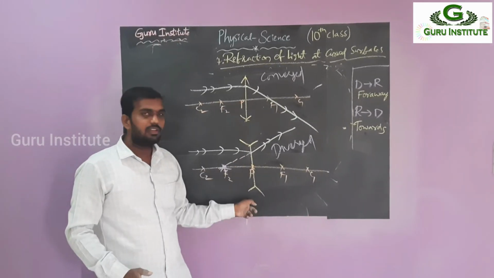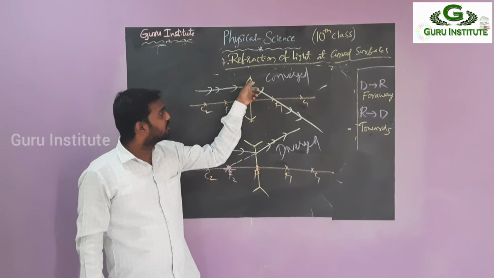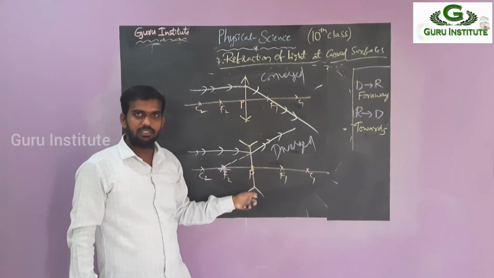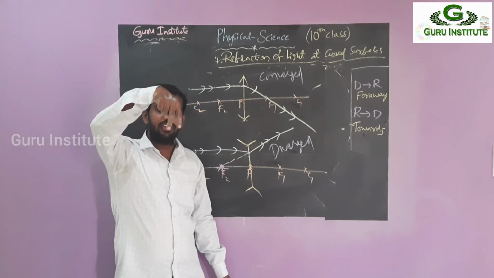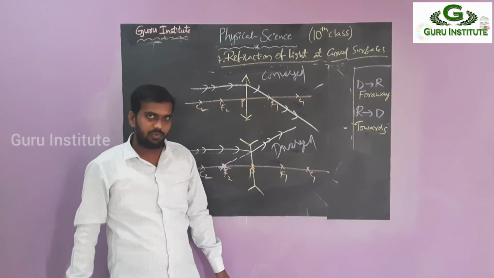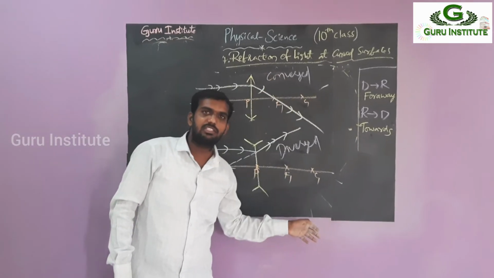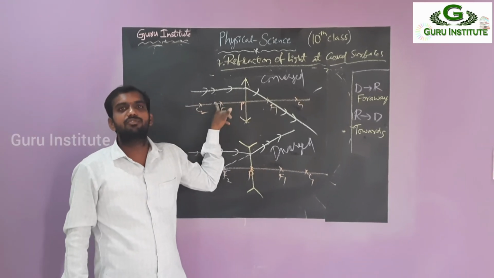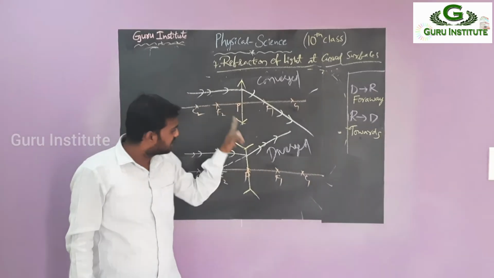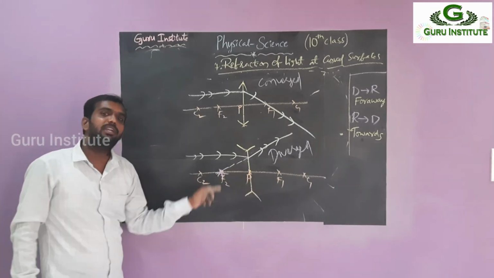These are the symbols. Very important here is we have to think about the arrow marks. Straight arrow, that is convex, and the reverse arrow, that is concave. So simply, convex lens is a convergent lens, concave lens is a divergent lens. Why? Because here the image is formed after direct meeting of refraction. Here the image is formed after indirect meeting of refraction.